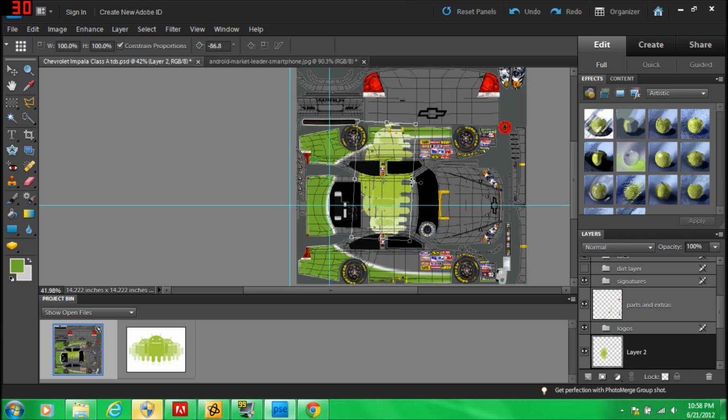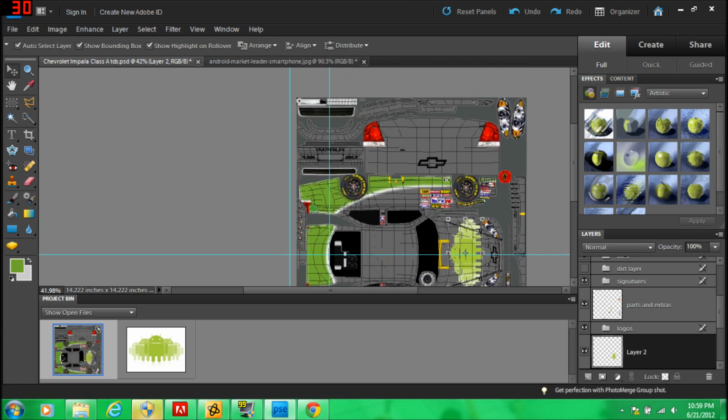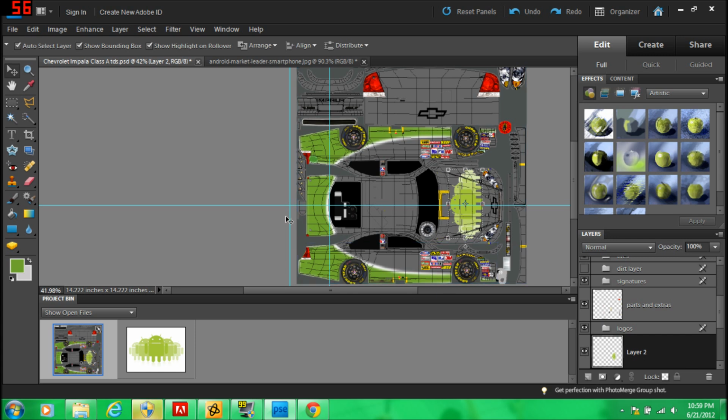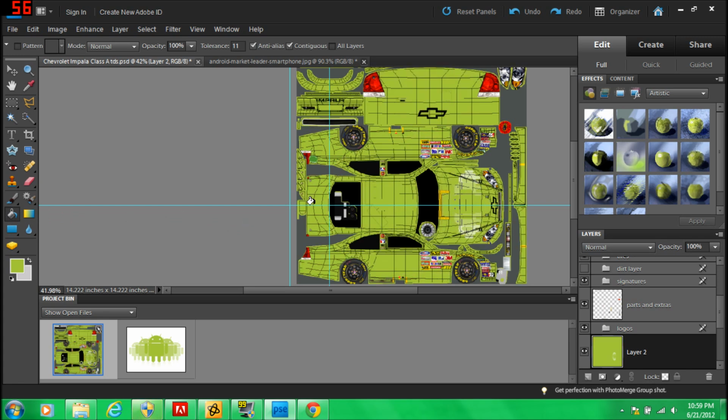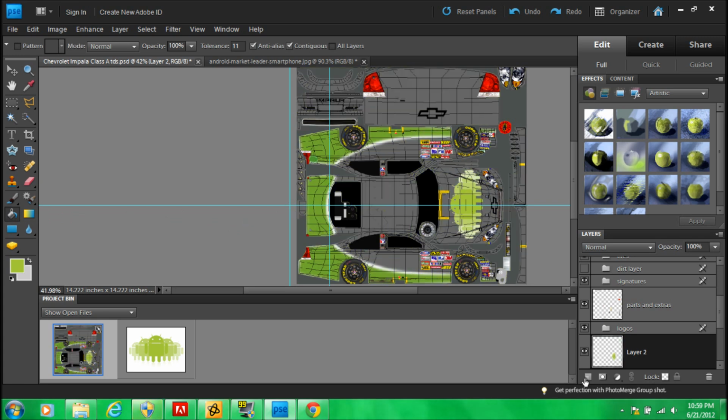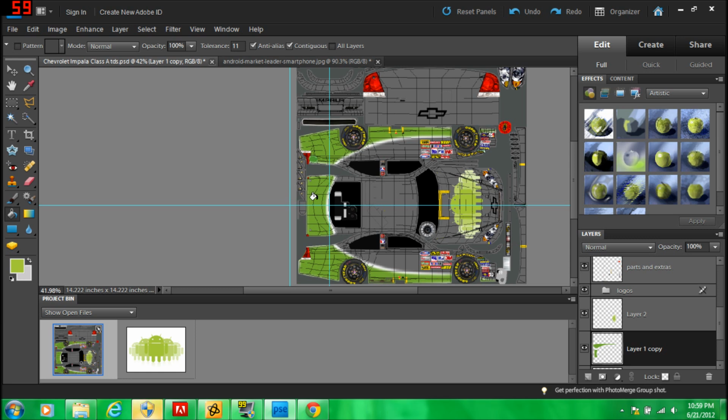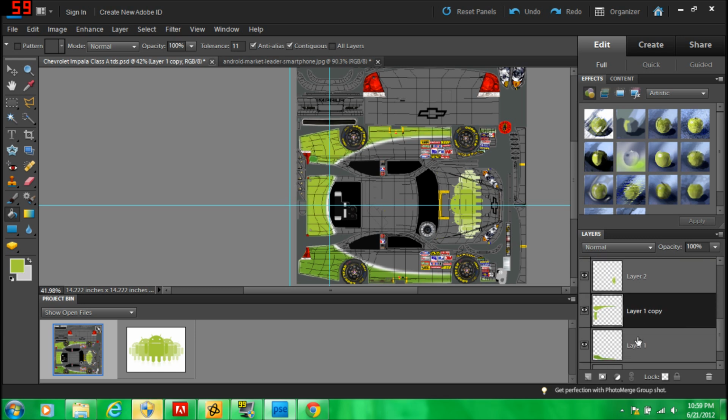We'll rotate it 90 degrees, bring it down a little bit, and put it on the hood of the car. And as you can see, the colors really don't match up, so what we're gonna do is match them up. So we're gonna use the eyedropper tool, press on the logo, then we're gonna go over, oh, not that, we gotta select the layer. We're gonna select the layer, we're gonna have to select the other layer,